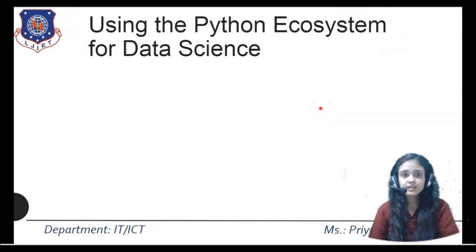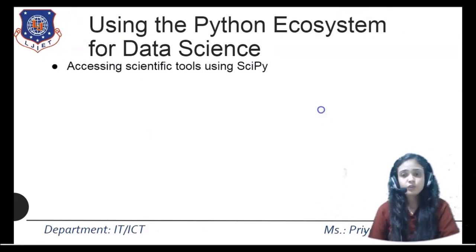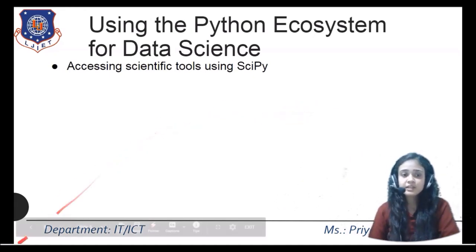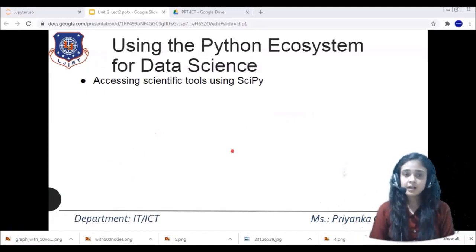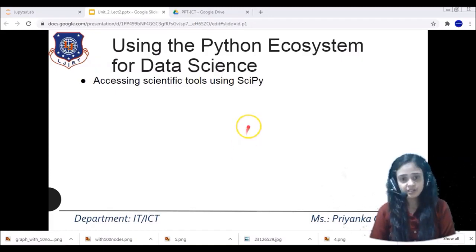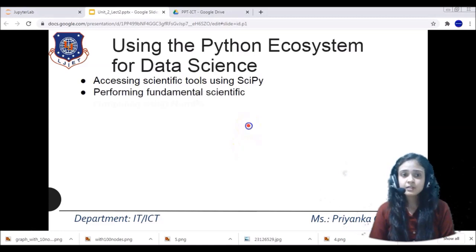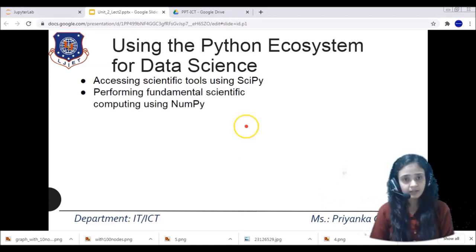Then comes using the Python ecosystem for data science. First of all is accessing the scientific tools using SciPy. SciPy is one type of library which provides support for mathematics, science and engineering. Then comes performing fundamental scientific computing using NumPy.